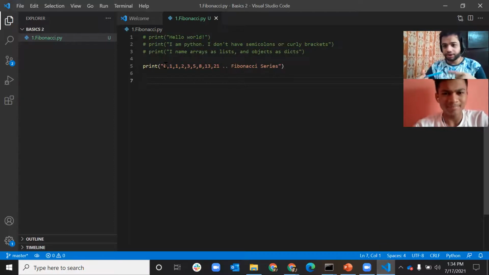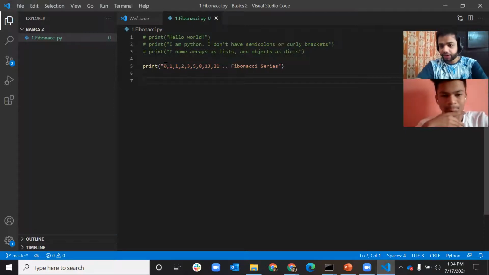You have studied about loops, right? Yes. Loops are used to execute a bunch of statements over and over again until a condition is satisfied. So we'll create a while loop here, and we'll print the first 20 Fibonacci numbers, right?